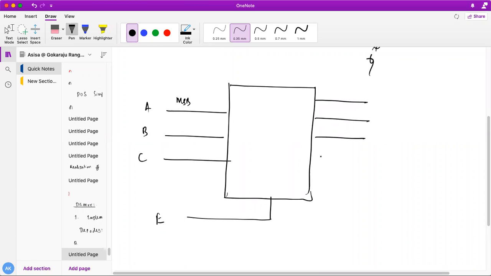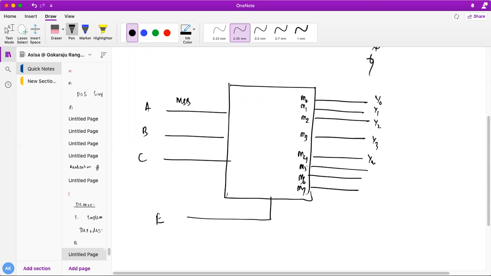These are nothing else but my min terms, M0, M1, M2, M3, M4, M5, M6, finally M7, which are my Y0, Y1, Y2, Y3, Y4, Y5, Y6, Y7.